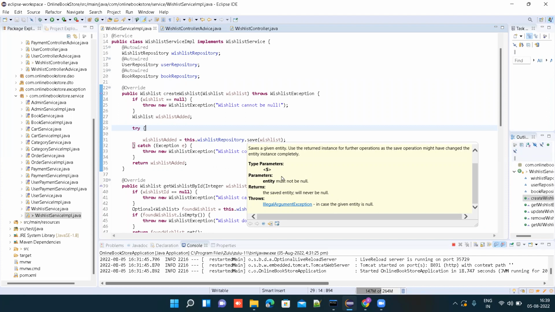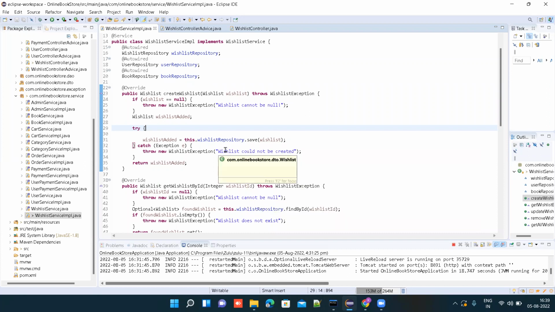Illegal argument exception means any argument which does not follow the rules of the documentation. Don't get tense, it's very simple. In case you give a null wish list, it will throw an illegal argument exception.